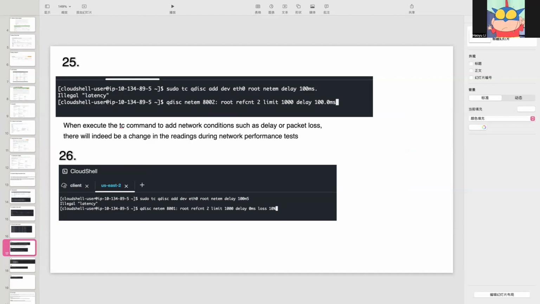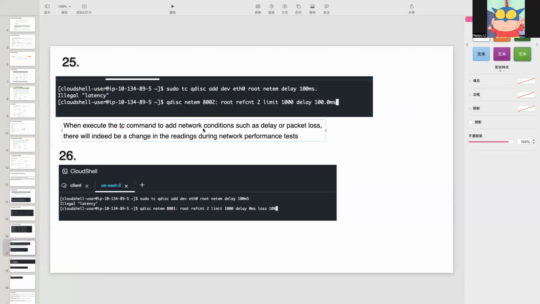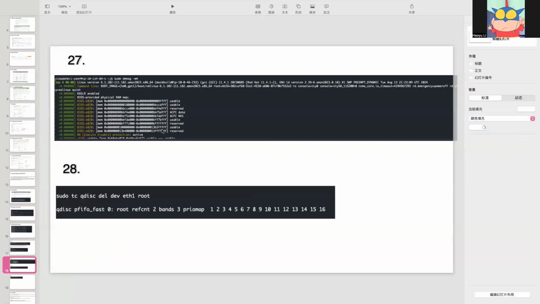For this one, we also use the Linux tc command. We added an artificial network delay of 100 ms to simulate a realistic environment, and repeated the test and observed the change in network performance. You can see these are the results. These are the results about the traffic control, the bandwidth control,